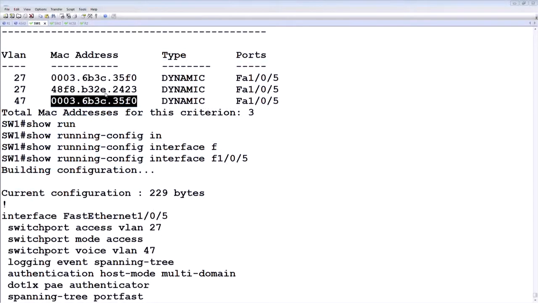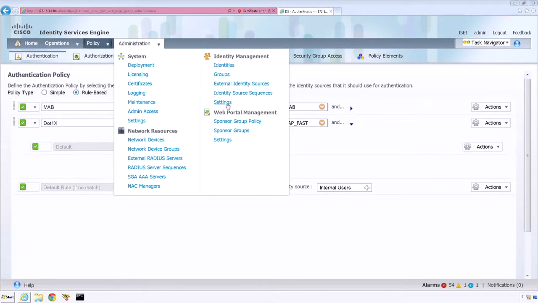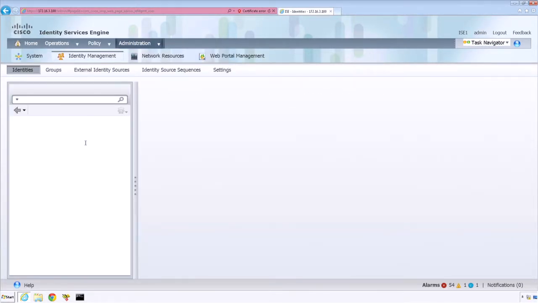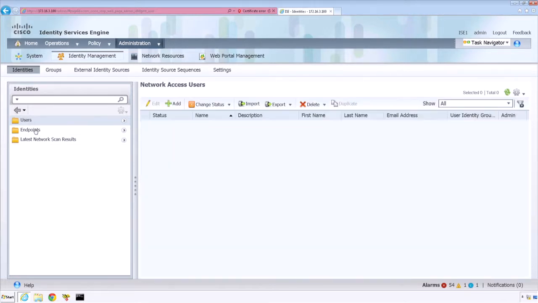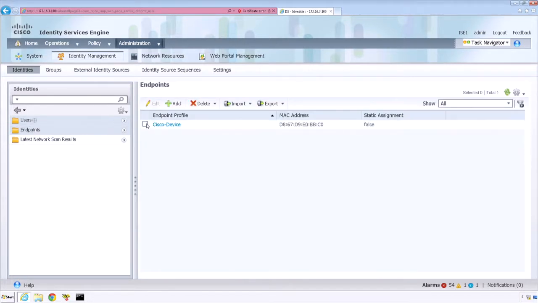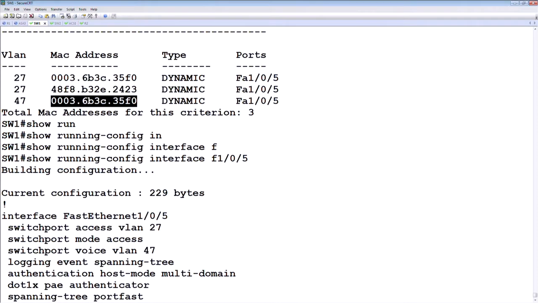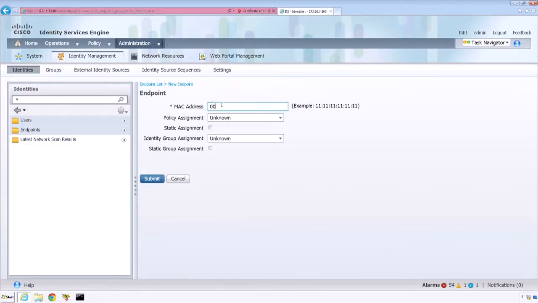Let's just go into ISE and add the MAC address of the IP phone in the internal endpoint store. So I'm going to go to ISE, and I'm going to say administration, identities, endpoints, and then I'm going to say add, and I'm going to add the MAC address of the IP phone, which was 0003. So I'm going to say 0003,